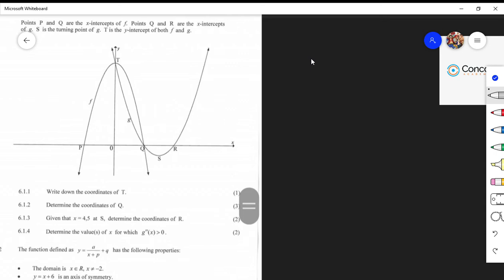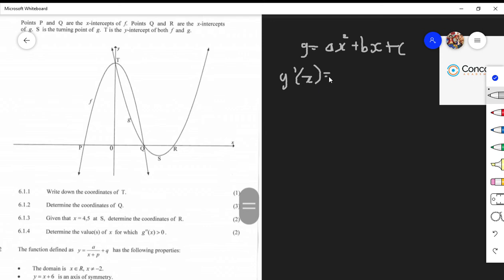So all we can do is derive g the first time and then derive it the second time. Our equation of g was g is equal to ax squared plus bx plus c, and then our first derivative would be,